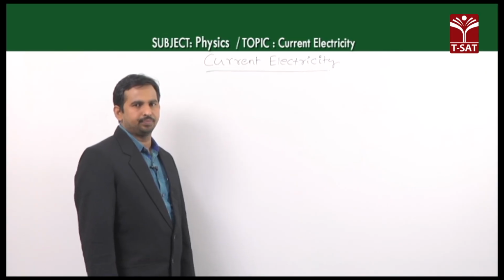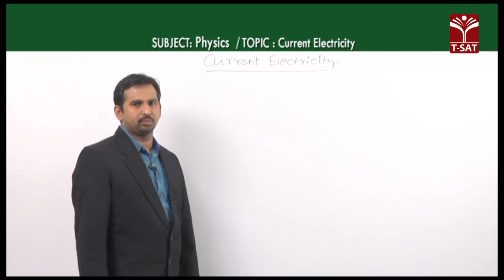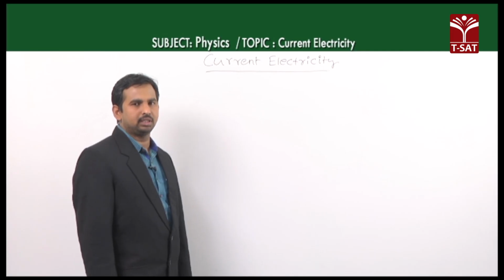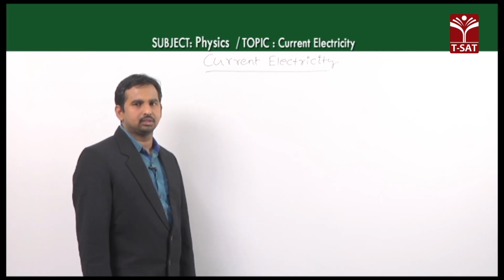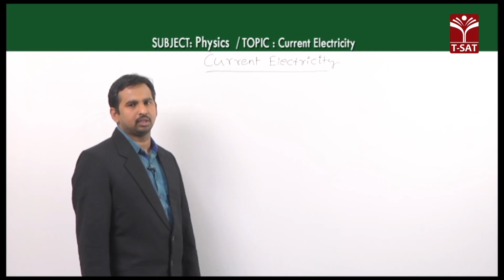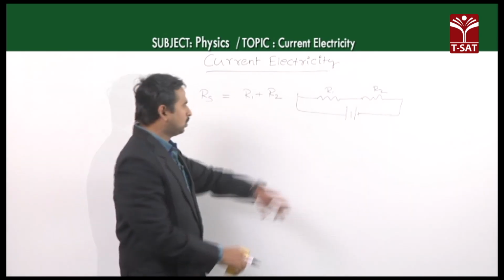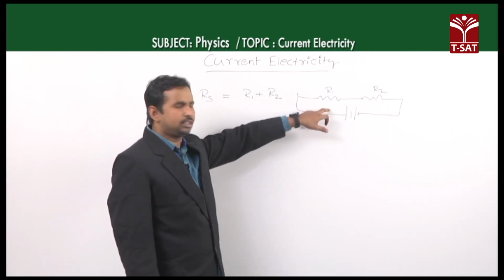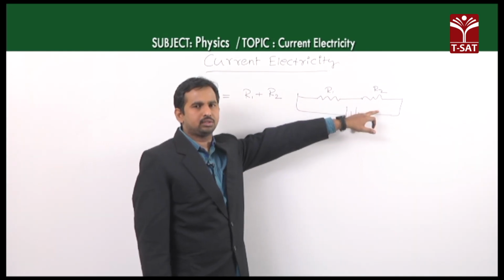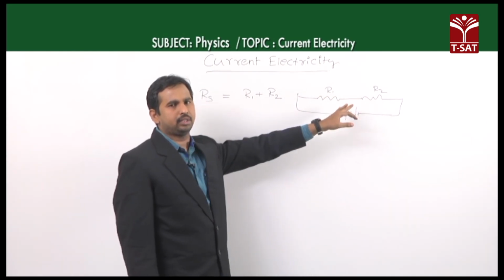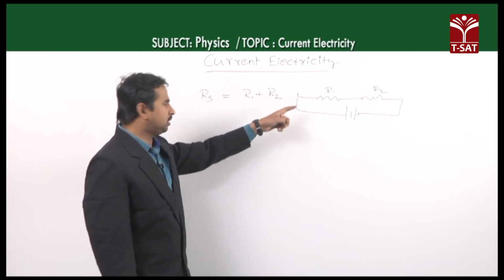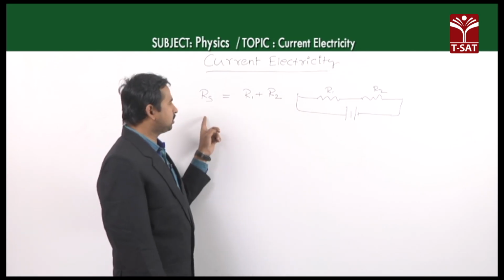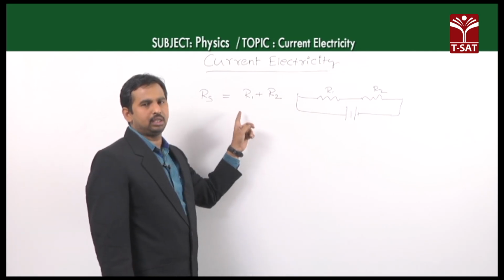Current electricity, which is mainly about Ohm's law, we have seen, and after that we already saw the resistance, and how resistances behave when connected in series and parallel. This is called a series connection, where R1 and R2 are connected side by side. In this case we already derived that the equivalent resistance in series